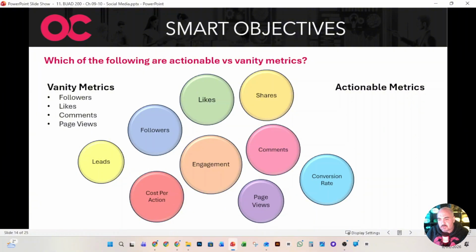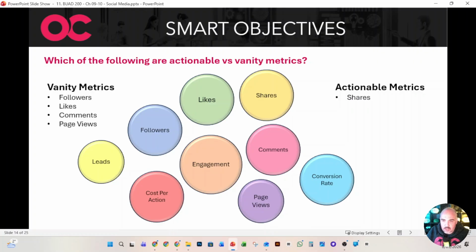Now, things like page views, when you think about that, is a page view actually helping you do anything? What type of strategy or action can you take from a page view? Same as a comment. You could go through comments and do a sentiment analysis, looking at what people are saying, what the complaints are. That can be actionable, but generally comments don't give you a ton of information, so it may not be actionable information, right? Likes and followers, pretty much the same. It's nice to have, but it doesn't give you a lot of information that you can actually take action from.